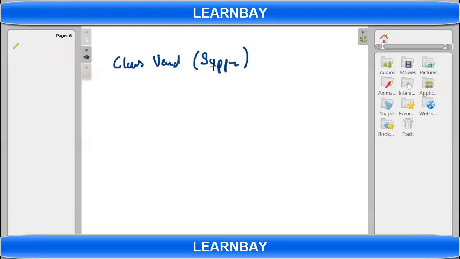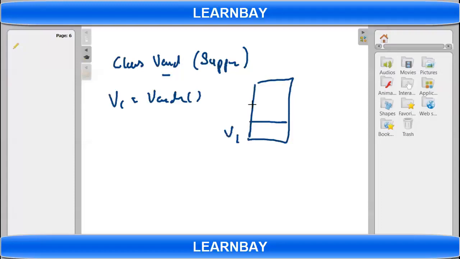The double layer of inheritance. So you will get all those three. If you create an object from vendor, let's say v1 equal to vendor, what will happen? This object contains three parts: memory for vendor, memory for supplier, and memory for contact.